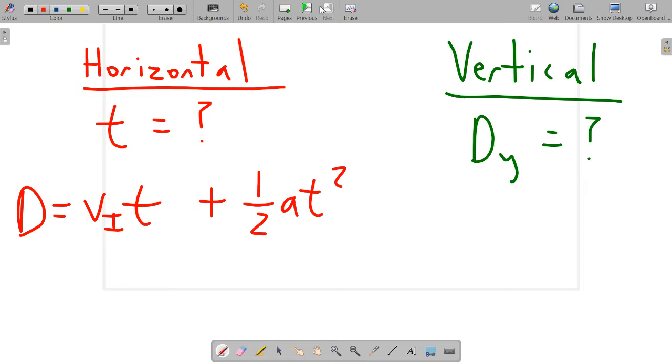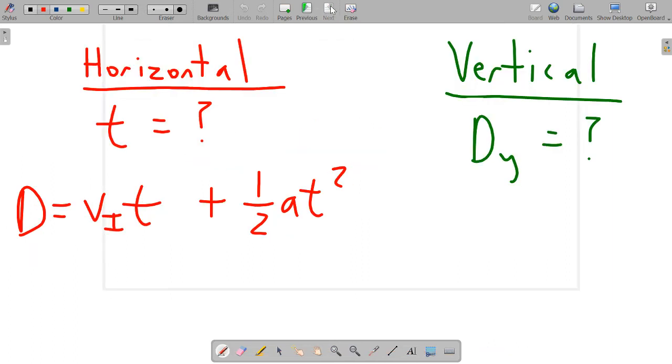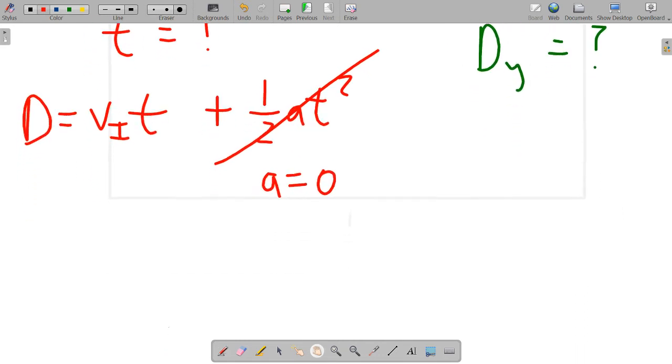We know that because there are no forces acting here in the x direction. Remember, gravity only acts in y, and we're ignoring air resistance. Since there's no forces acting in the x direction, that means the acceleration is always 0 for these problems, because we're moving at a constant velocity. So if I plug in an acceleration of 0 into this equation, this part of the equation goes away,